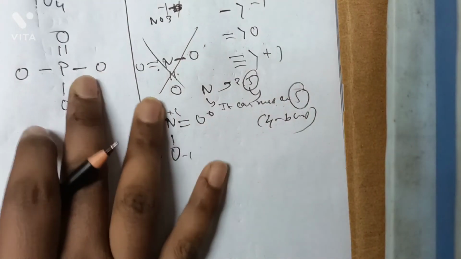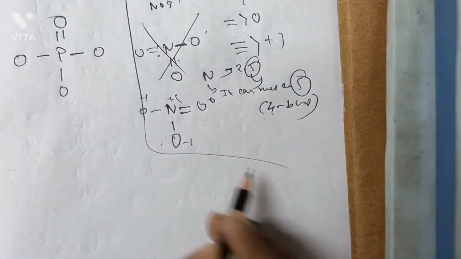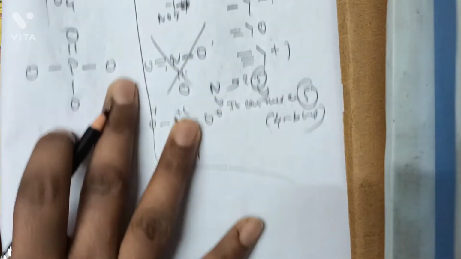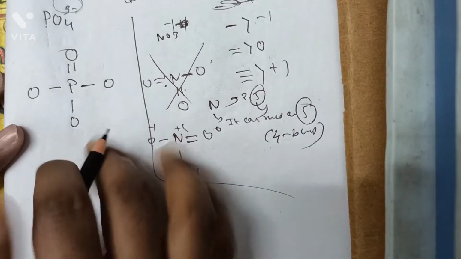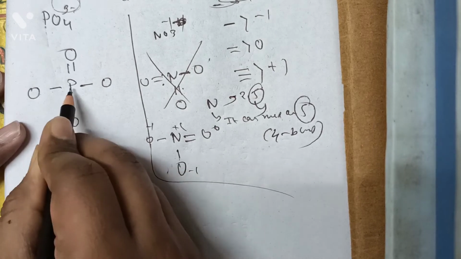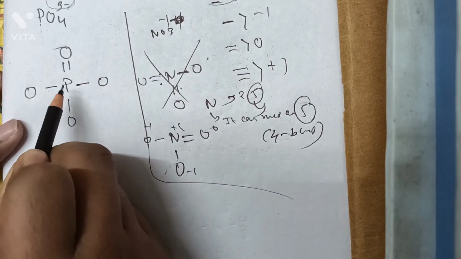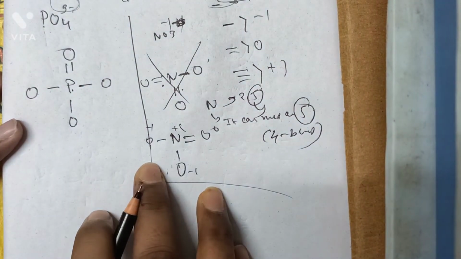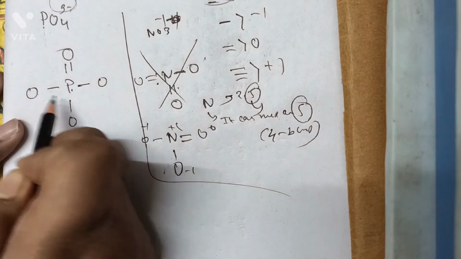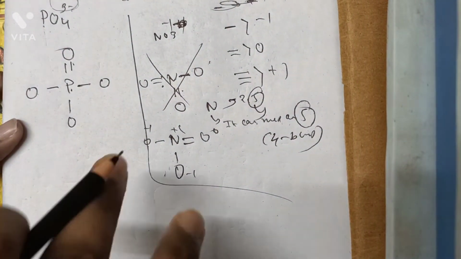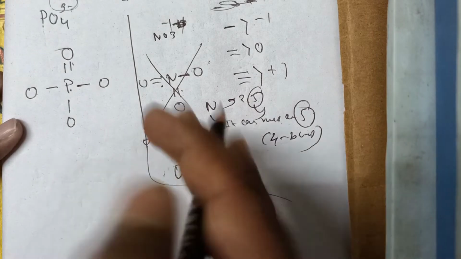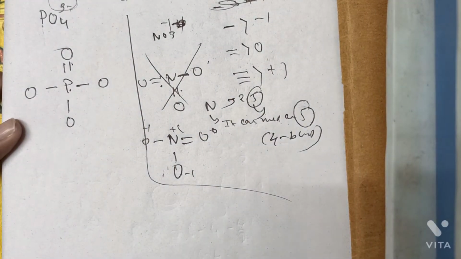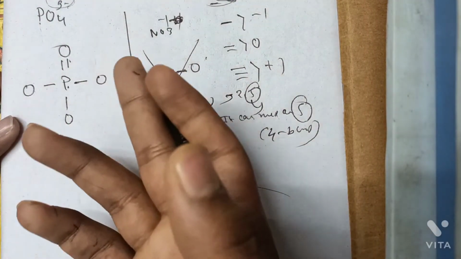So leaving this, let's move forward to the phosphate ion. One more thing: phosphorus can be pentavalent. That is why this is correct, 1 2 3 4 5. I'm not going too deep into the Lewis dot structure. We will make a separate video. Let's move forward with the formal charge.